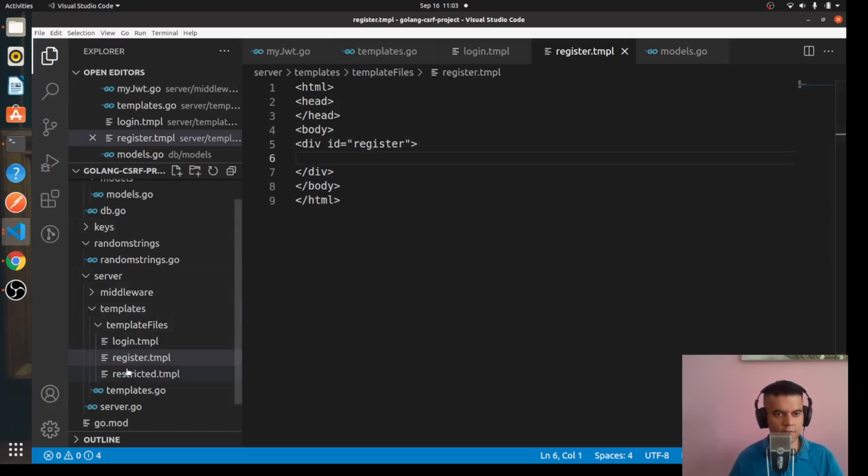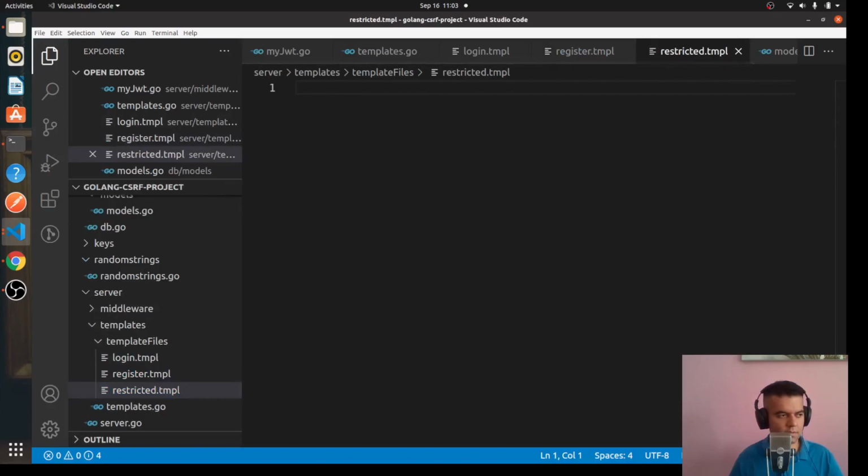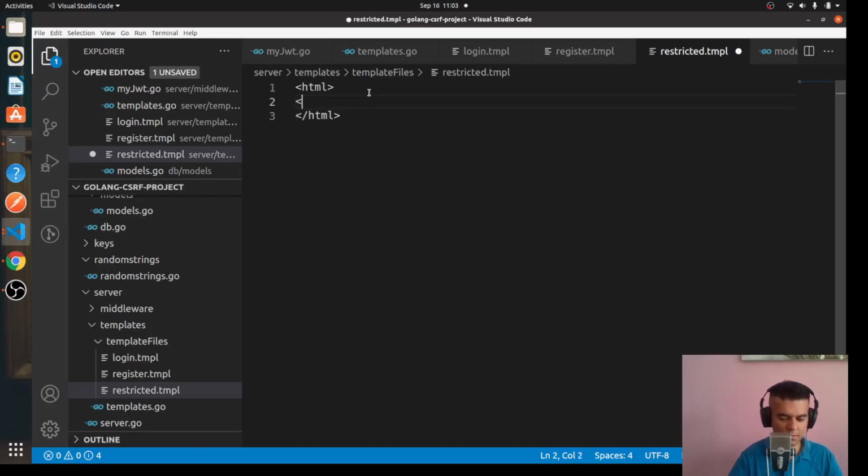And similarly for a restricted template file, we'll have HTML, head, and here we'll have the body,